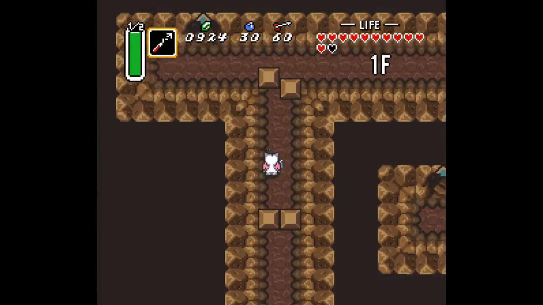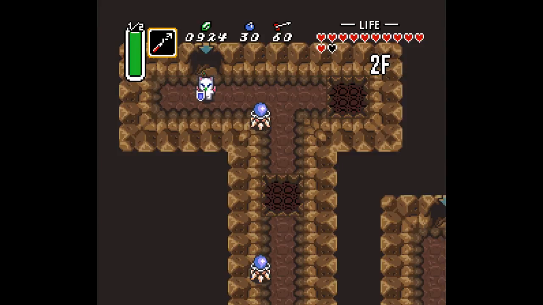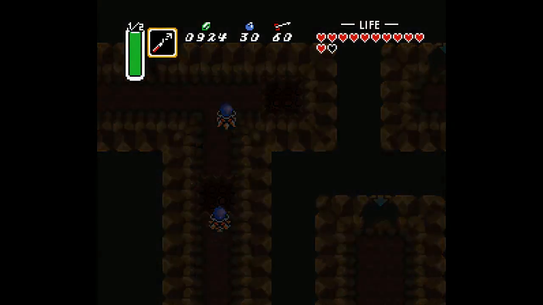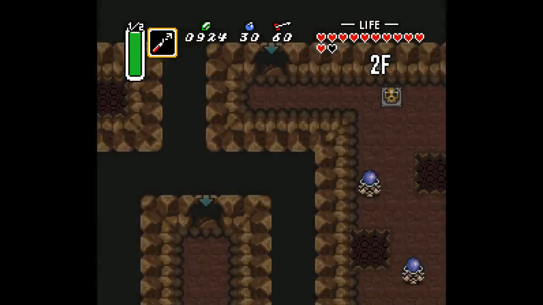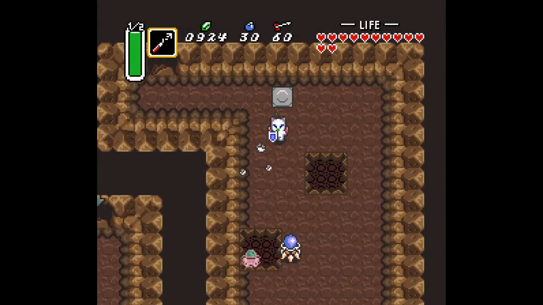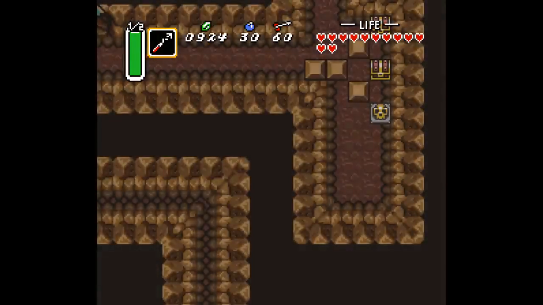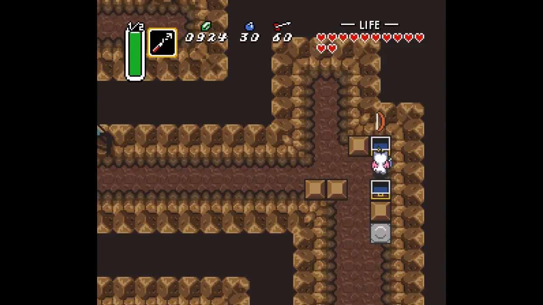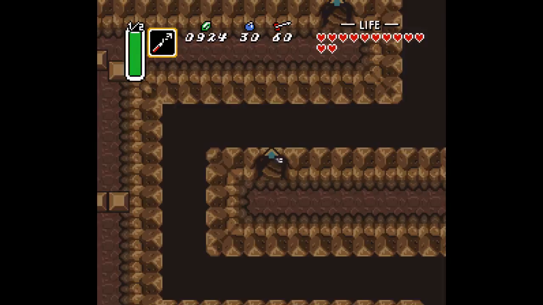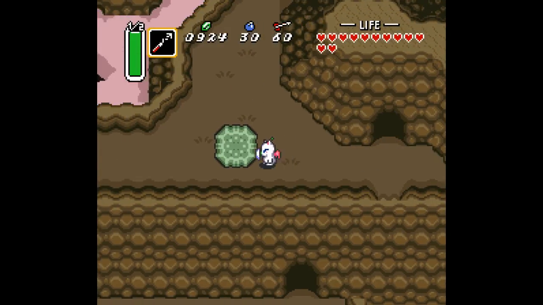I forget if there's anything worth going in the right door at the base of this. Heck, at this point, I'm not sure if there's anything worth it in the left one. Oh yeah, there is. I guess the right door just leads up. Some more bombs. Ooh, here we go. Got the bow, so I can defeat Ganon a little more easily. I can beat...